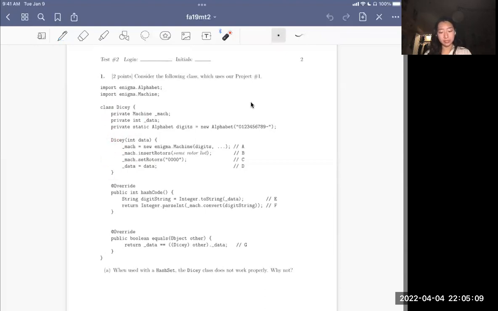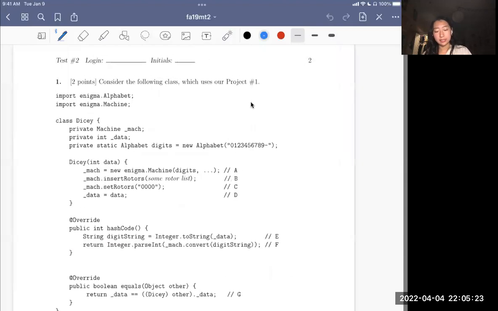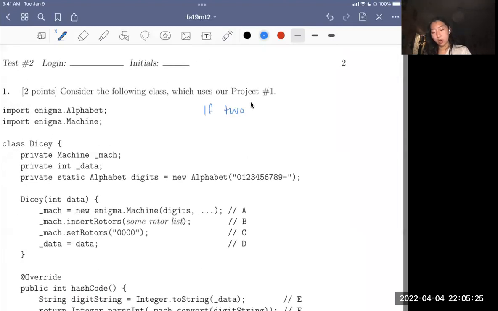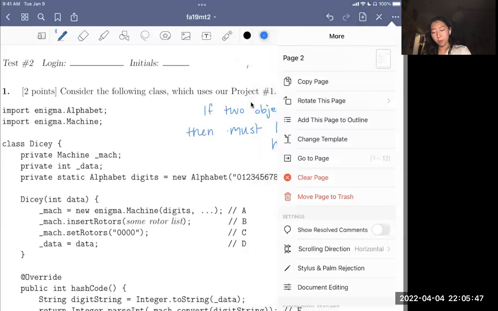And importantly, we have both this hashcode method and this equals method. Really what this problem is all about is figuring out when a hashcode is valid. As we recall, the important thing for a hashcode to be valid is that if two objects are dot equal, if they're considered equal by the dot equals method for that class, then they must have the same hashcode. If you're a little confused about the logic for this, let's take a moment to imagine maybe